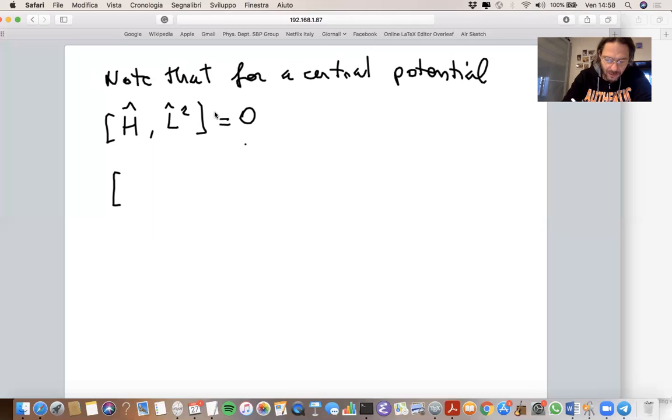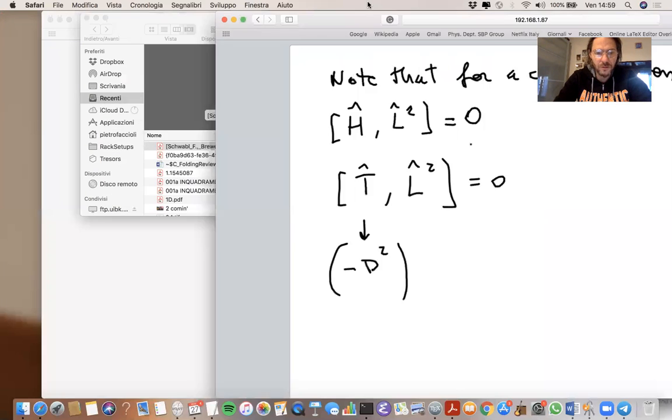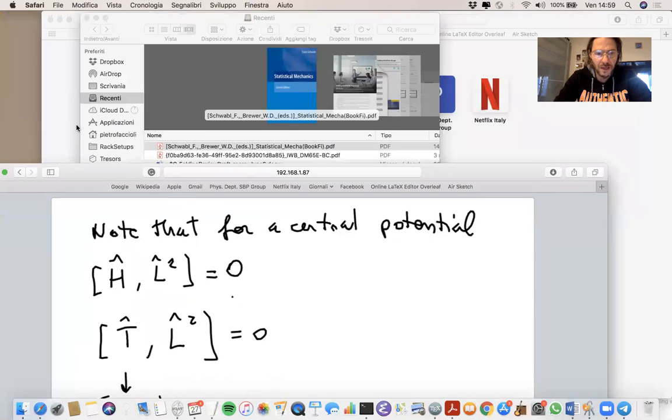Well, this is true because, first of all, the kinetic energy and the orbital angular momentum commute. How do I know? Because the kinetic energy depends on the Laplacian, right? Which in polar coordinates has a structure that is basically the same as the orbital angular momentum. Let me show you. You go on the notes, which I discussed last time,